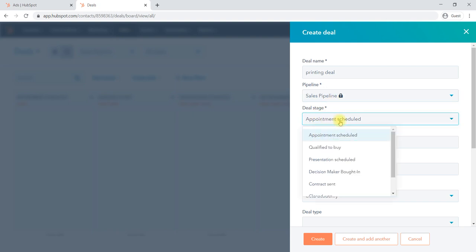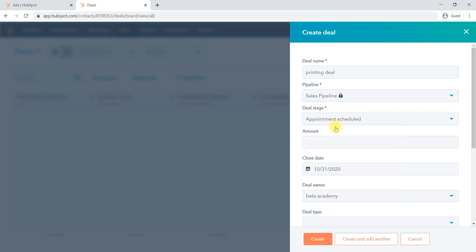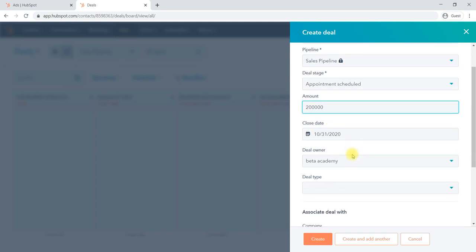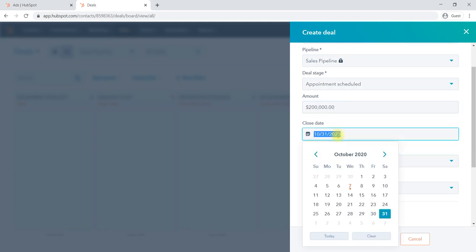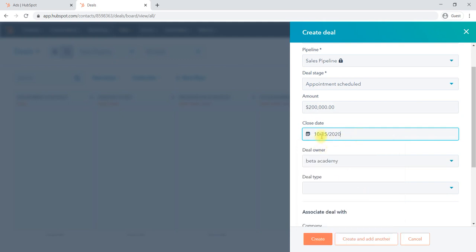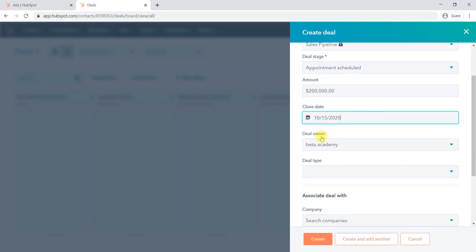Then deal stage, for example, first stage I am in: appointment scheduled. Expected amount, for example, I am expecting a 2 lakh rupees worth contract, and the expected close date I will say by 15th of this month I will be able to close.